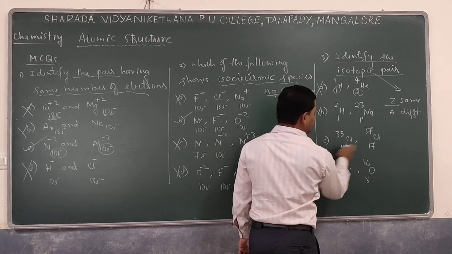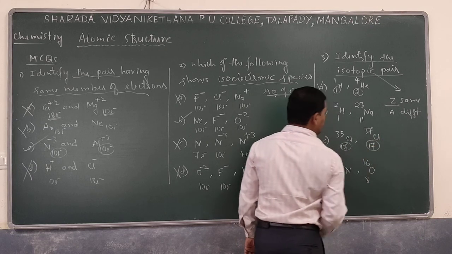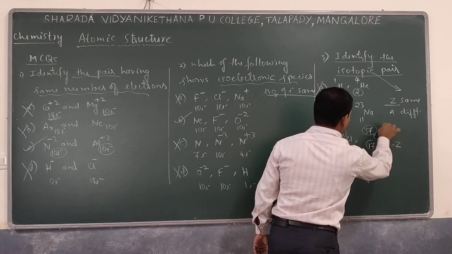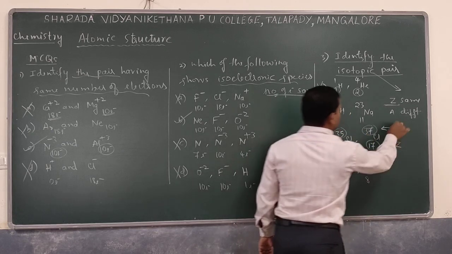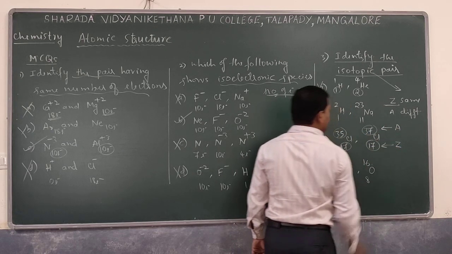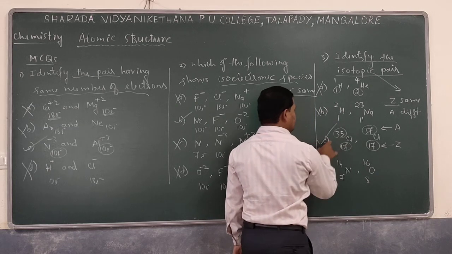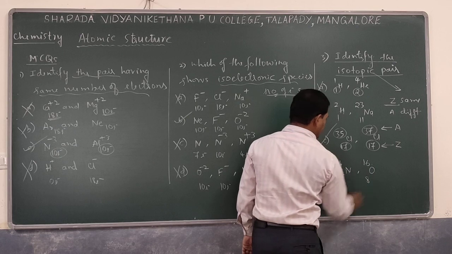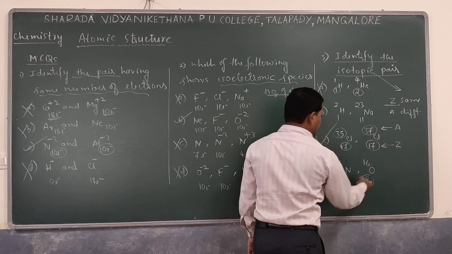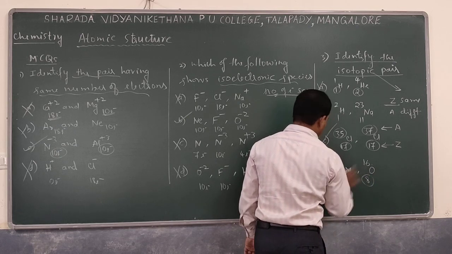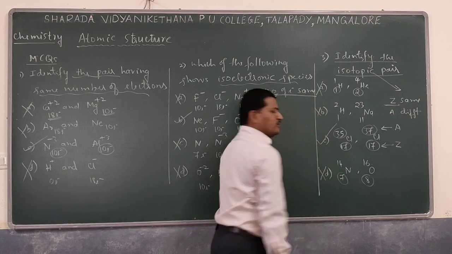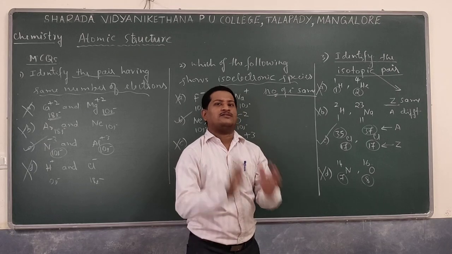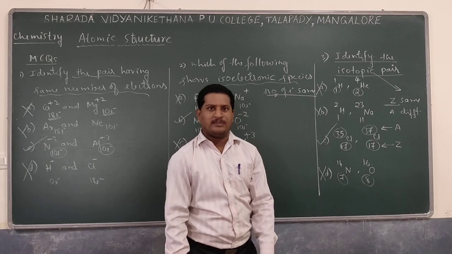In this case, 17, 17, so the Z value is the same but the A value is different. This tells about the Z value, and 35 and 37 tell about the A value. Z value the same but A value different, so these two come under the category of isotopes. Similarly for oxygen and nitrogen, 8 and 7 are not the same. Z value not the same and A value also not the same, so the option is wrong. So the correct answer in this case is C. Questions like that we can normally find in competitive examinations.